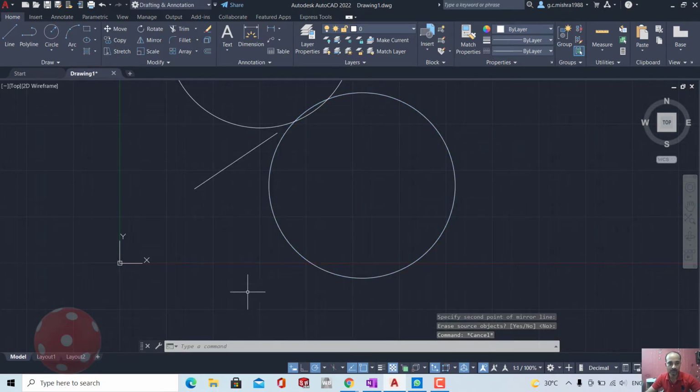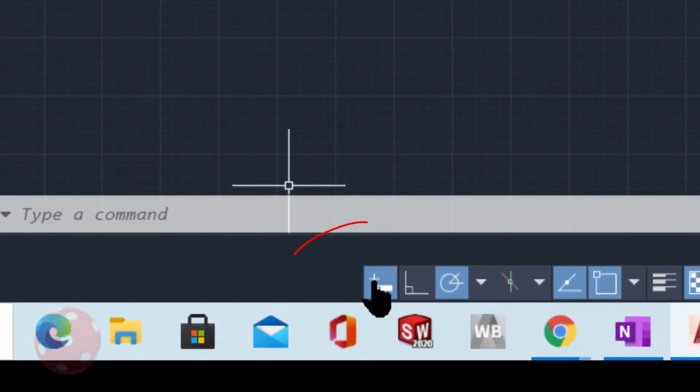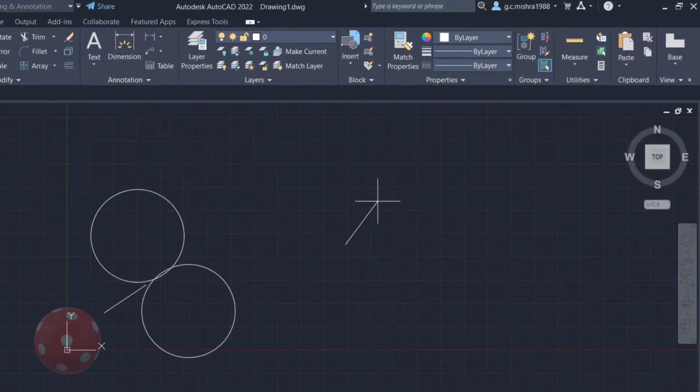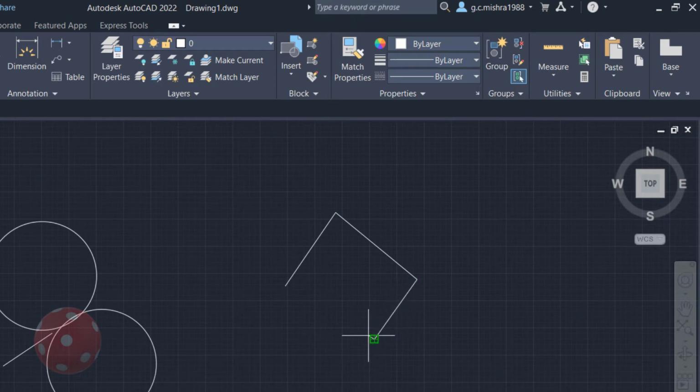If this dynamic input is turned off, then you will get no help. You can see that now I have turned it off and am creating several points, but it will not show help now. It means if you need the help, if you need the input space, then you should turn on dynamic input. As time goes, you will be learning, then you can work without dynamic input. But for the beginner, it is recommended that dynamic input should be on.